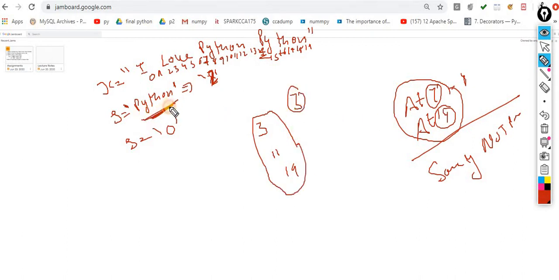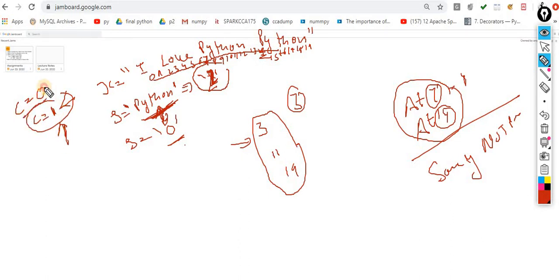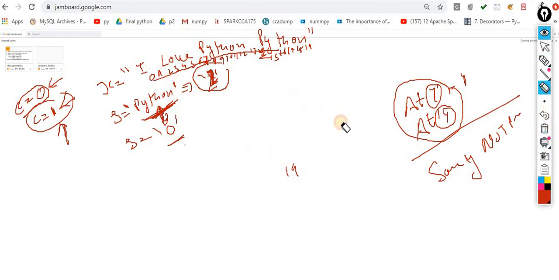First case, the person is looking for a word. Second case, the person is looking for a character. Third case, the person is looking for a character or word which is not available inside this string. So I have to take care of all these things. The code is very simple. For the first two, exactly the same code will work. Here you have to manage this condition with a counter, as we already discussed the role of the counter. If the counter value becomes 1, it means yes, it's found. If the counter value still remains 0 after completing the entire process, it means it didn't find anything. So I will use the concept of the counter inside this code. So understand this code.